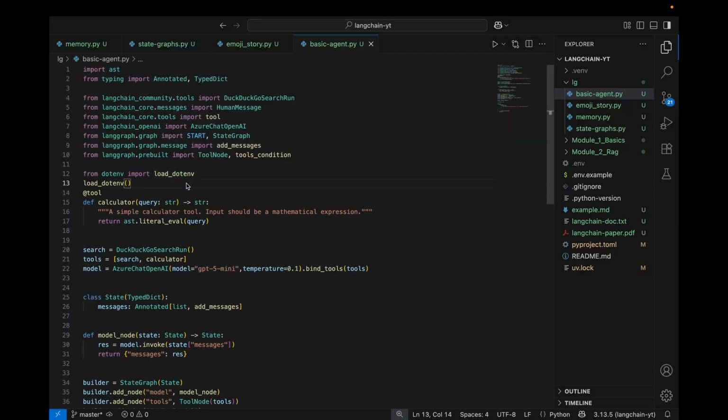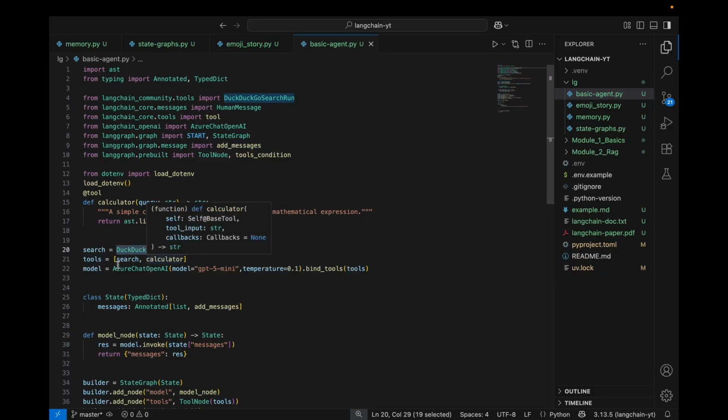So till this point, we have learned how to execute a simple graph, state management, memory management. You can follow the previous session if you're new to this channel. Now, what we are going to do is create an agent and give it two tools. First one is a calculator, which takes a string literal and does the simple calculation. This is our custom tool, and one tool which is from LangChain community, DuckDuckGo, that will do internet search for